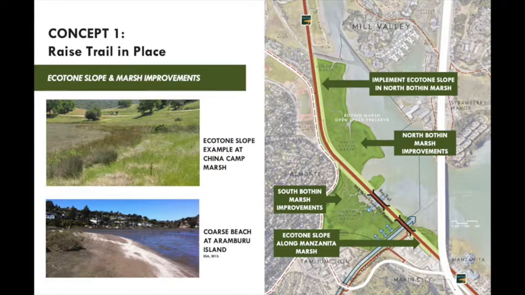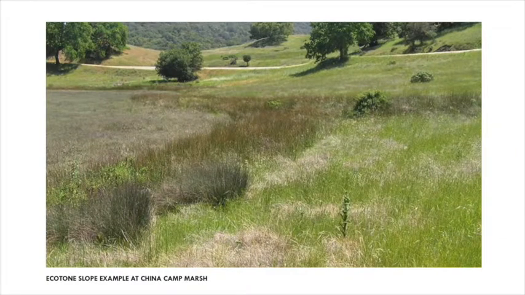And so we don't look at anything in isolation, and that trail that was raised up on an embankment is actually a great opportunity for what we call an ecotone slope. And so that marsh habitat can actually follow the incoming tide, the incoming levels of sea level rise, and would give it room to migrate up to the point that we actually max out on the top of the levee. So that light green are all a series of ecotone slopes that extend out in a very gentle slope. There's some examples of what that looks like on the left.